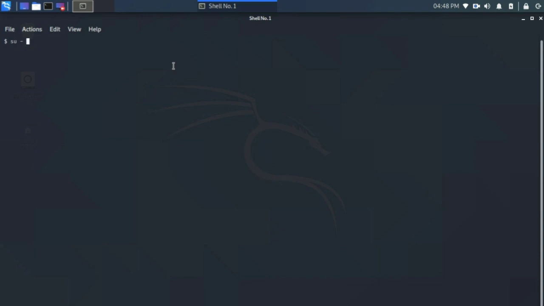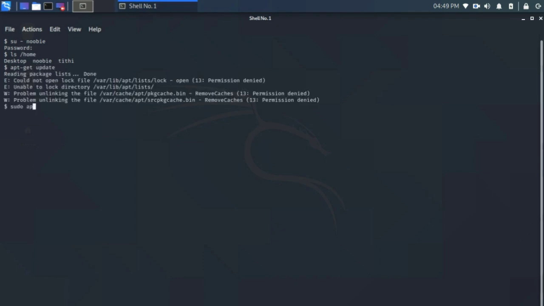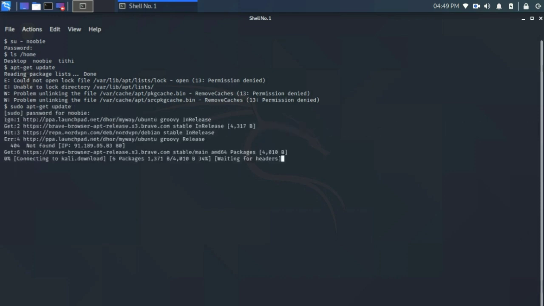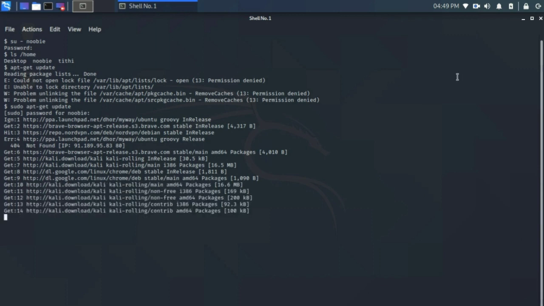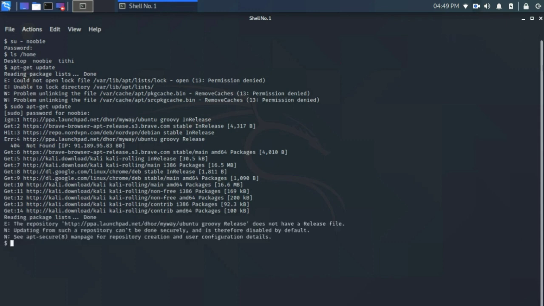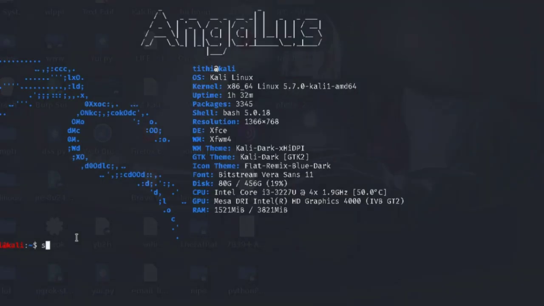Just type su with the username, and you can see it will be asking for the password, and you can proceed further. But if you don't give the sudo access, this won't work, because permission is only given to the one we give permission to. So make sure of that. After that you can traverse through all the folders it has, like I am traversing here with the home folder, and we can also update the system just like this. So here we can do everything we like.